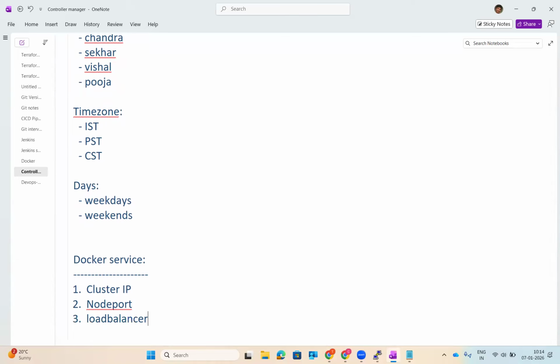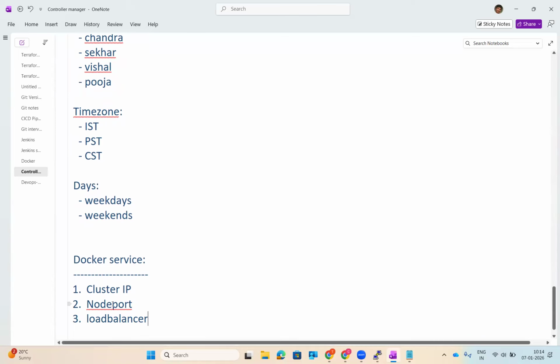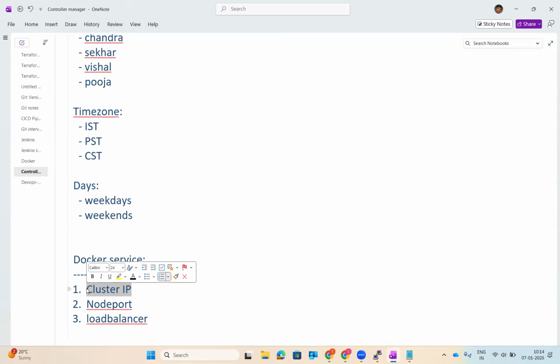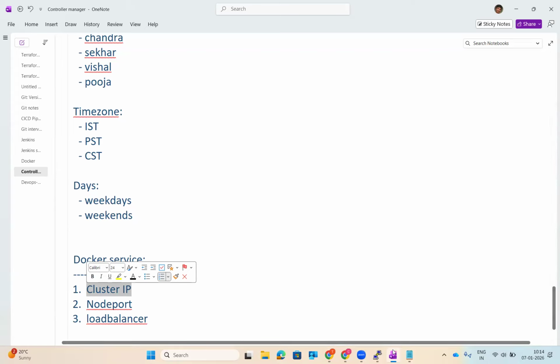Third is of type load balancer. So now what are these three? Let's try to understand it. So cluster IP, like the name says, IP of the cluster. Which cluster? Kubernetes cluster. What we have created at this point of time with this diagram, what you had learned